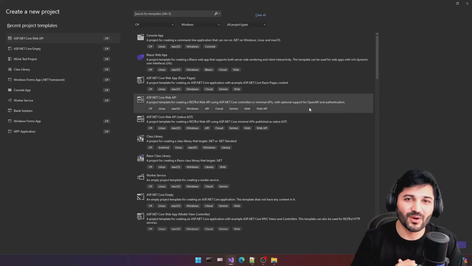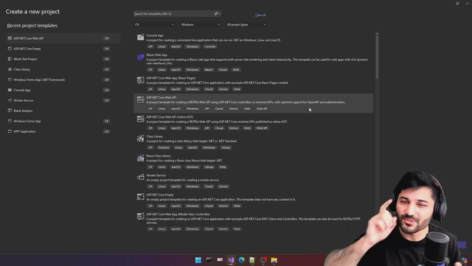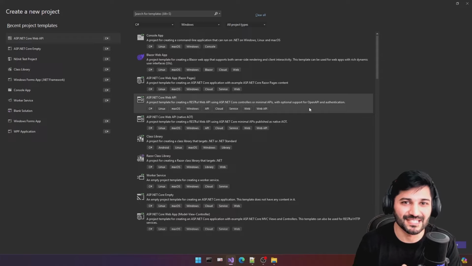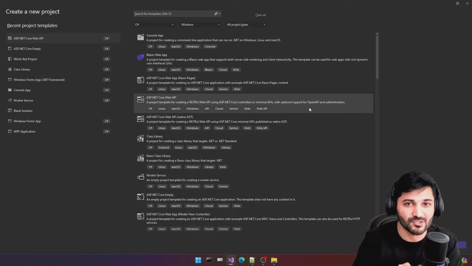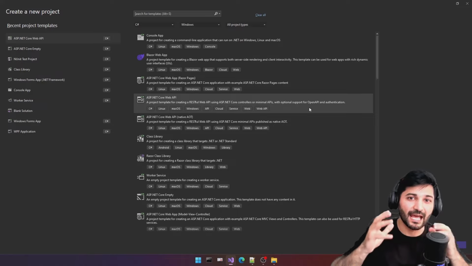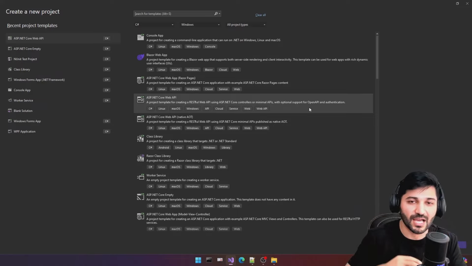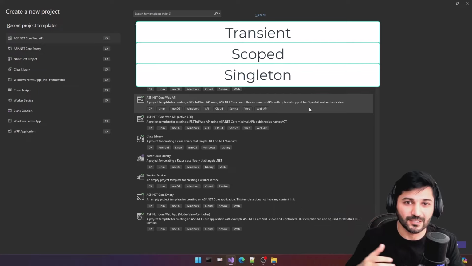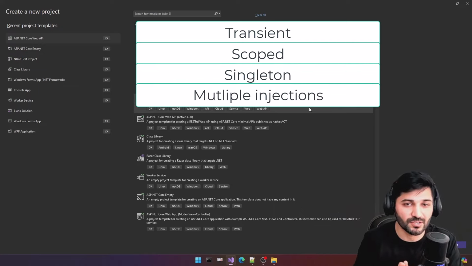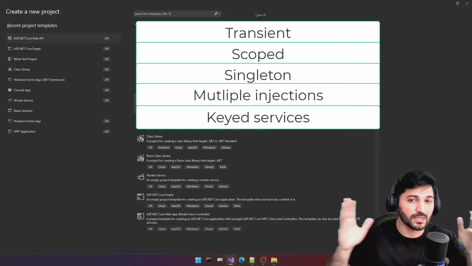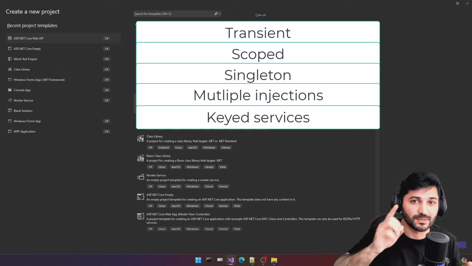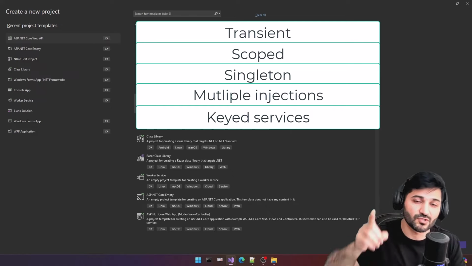In this tutorial, we are going to learn everything you need to master dependency injection in C#. We'll use ASP.NET Core built-in dependency injection, and we'll try to understand all the possible practical methods of dependency injection, and we'll look at the different lifetimes like transient, scoped, singleton. We'll learn multiple injection mechanisms. We'll talk about keyed services and all the possible combinations related to dependency injection to master it, to apply it